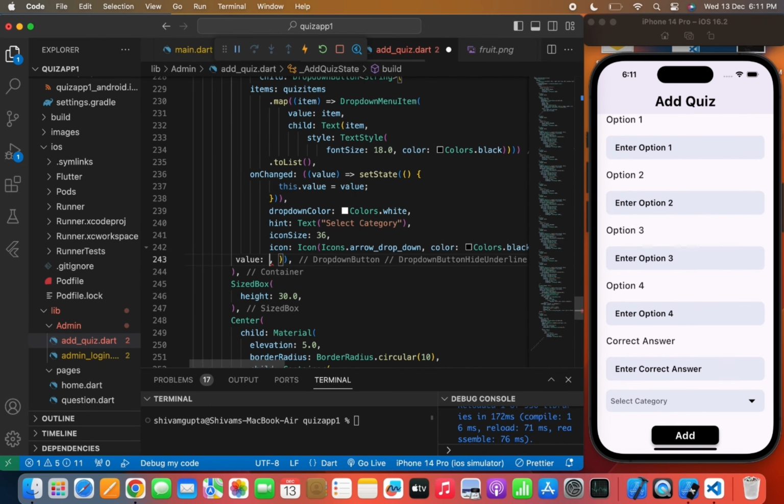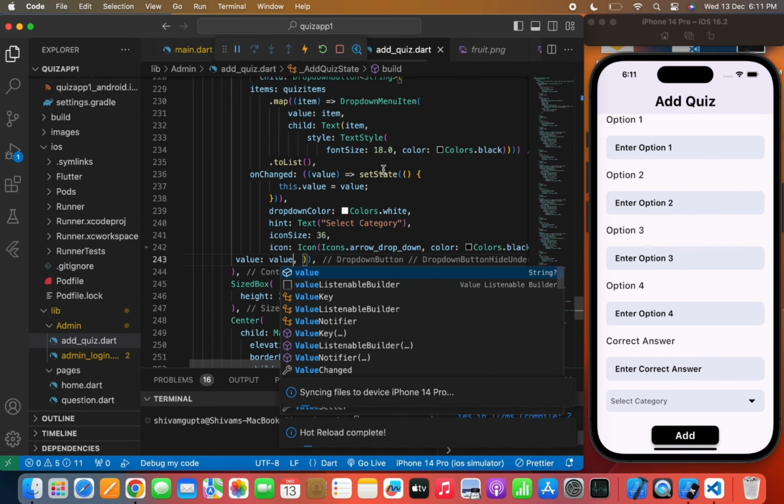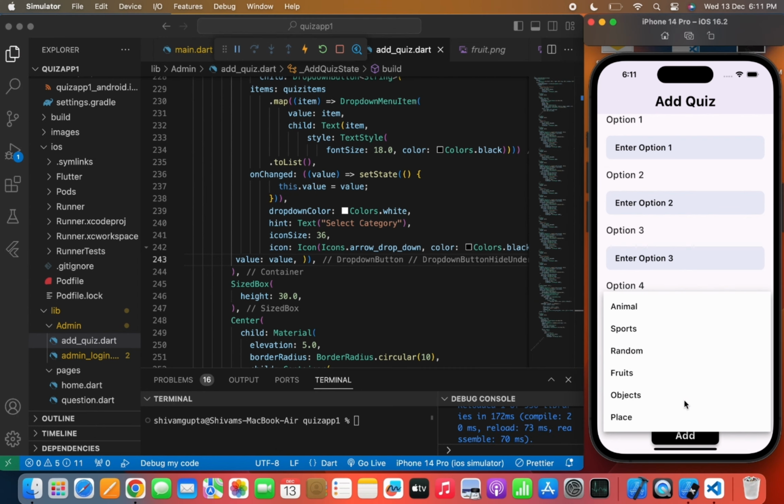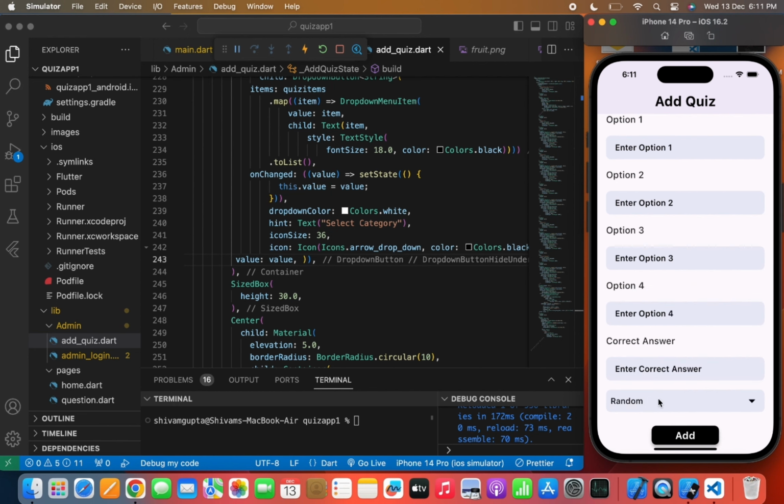So here it is done. Now we'll pass a value is equals to value. Now after clicking the drop down button, you can see all the categories that I've just mentioned in our